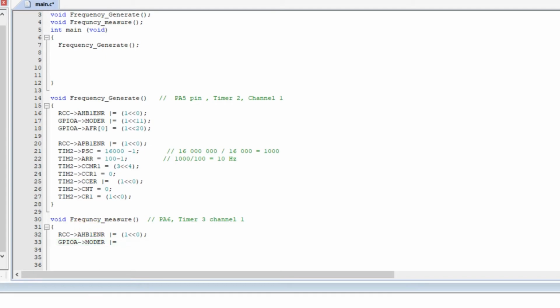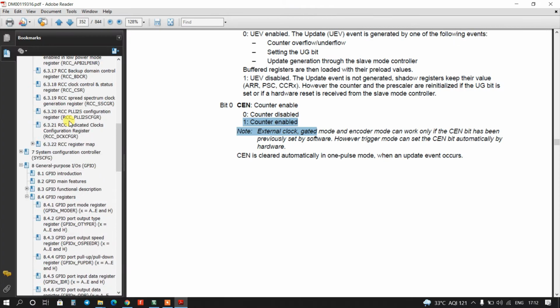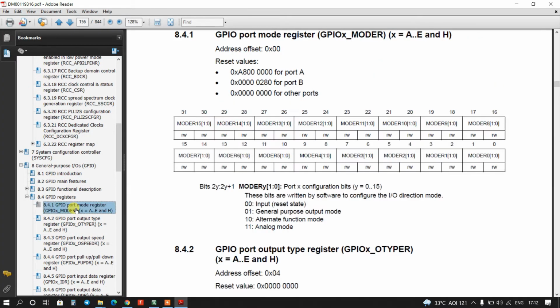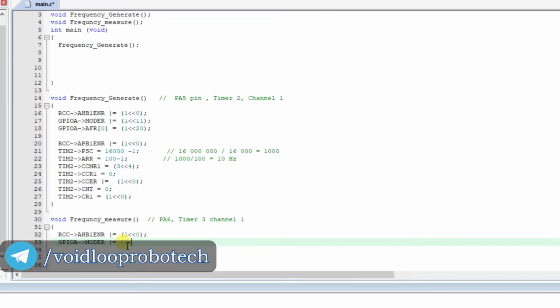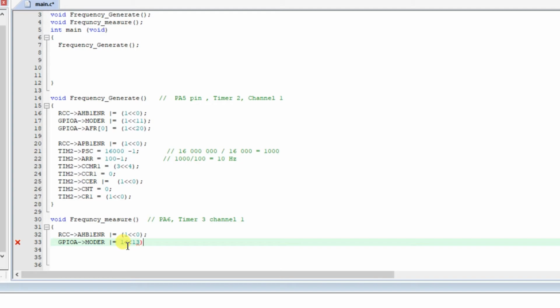So again go to the reference manual, and this is the mode register. Because I am using PA6, bits 12 and 13 are dedicated for the 6th pin. So it will be 10 for the alternate function mode. So the 13th bit will be 1 and the remaining bit will be 0. So 1 left shifted by 13, right?